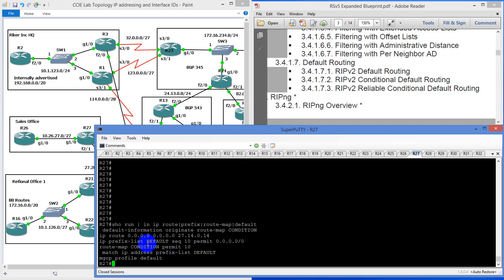Now, starting from left to right, top down. We have IP route, the default route pointing out to router 14. What we've done with the prefix list is we said we want to track this route right here, which is pointing to this guy right here. Then we created a route map that says I want to match the default route, which happens to be the prefix list that's calling the default route we advertise. Then we go to